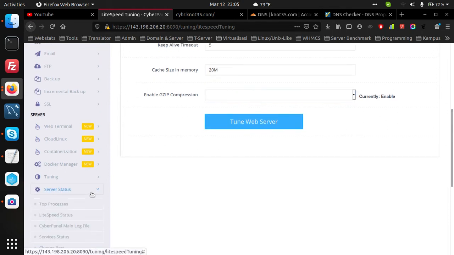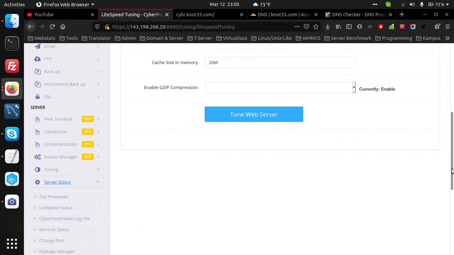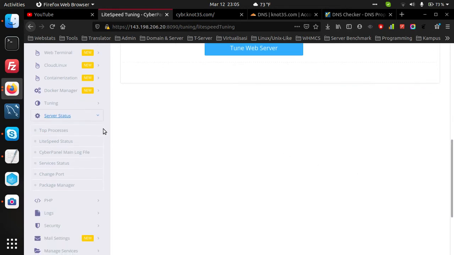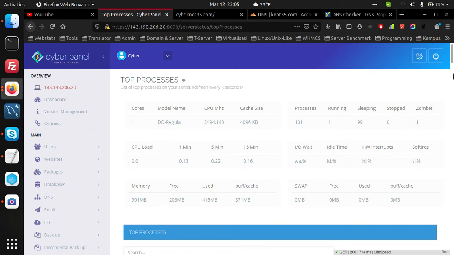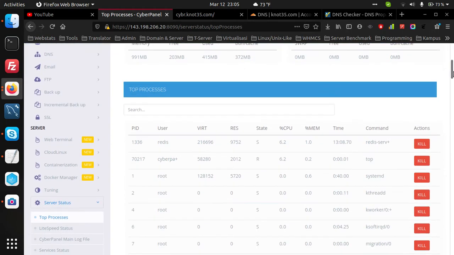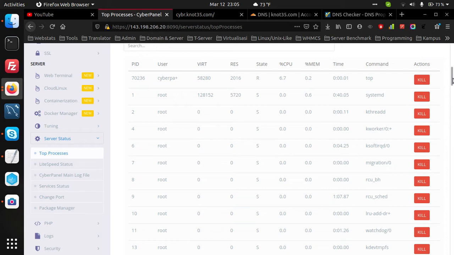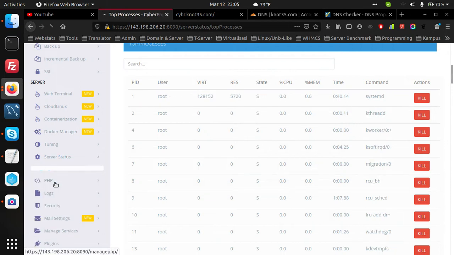And server status, so we can monitor the server without logging in to the CLI. As you can see the processes like this. Then let's switch status.